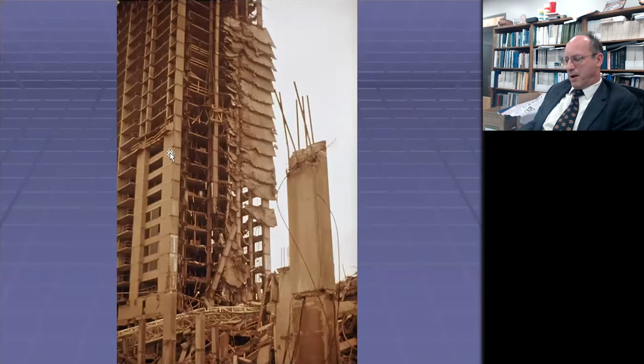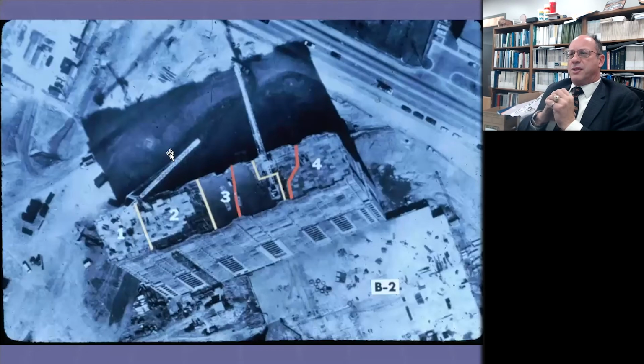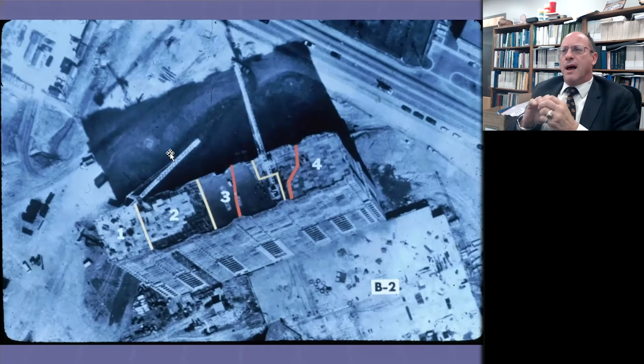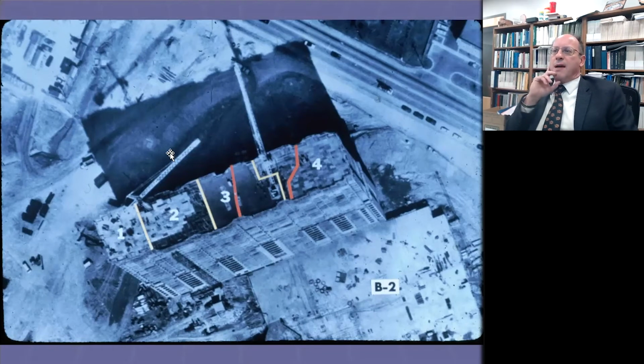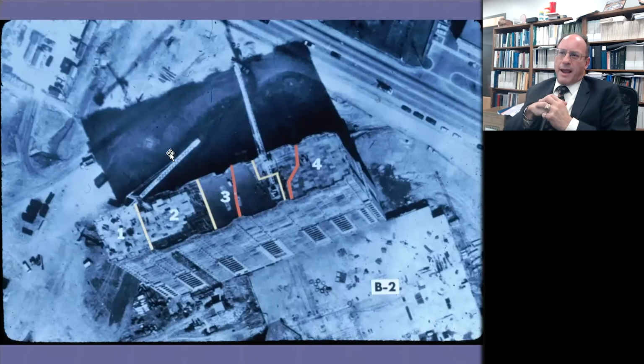This is actually the photo I ended up using for my book cover. It's interesting that in this case, there was an aerial photograph taken just before the collapse showing the 4-day sequence of construction, 1, 2, 3, 4, and the red lines outline the collapse section. And one of the earliest hypotheses of this collapse was that the crane that's kind of in the middle had collapsed and come down through the building.